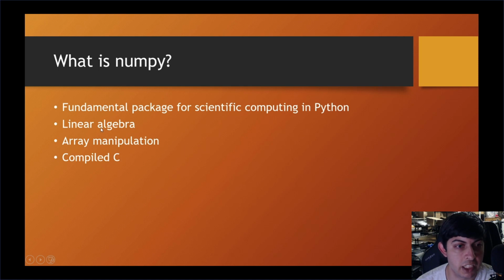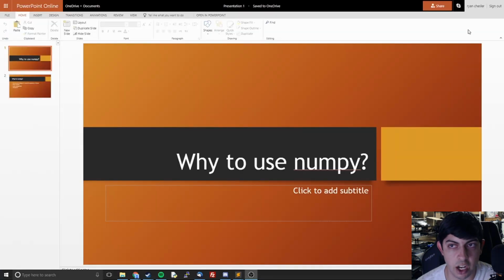A lot of these things you can code in normal Python just with lists and stuff like that, but you're going to be writing a lot more code and you're going to be doing it much less efficiently because NumPy actually uses compiled C for a lot of the different operations. And so what we're going to do is we will just hop over